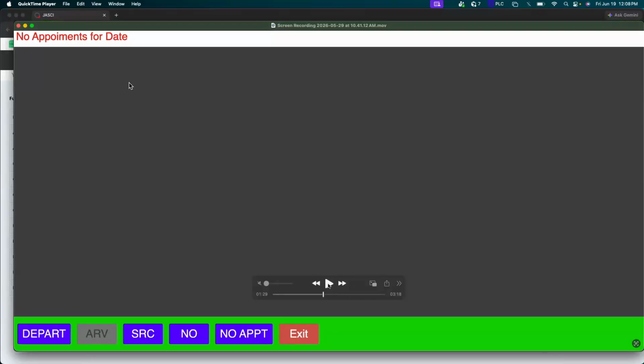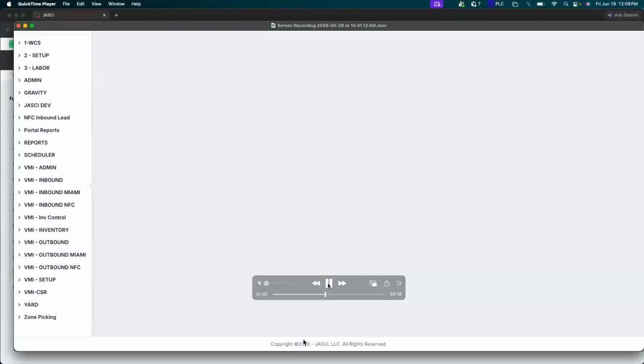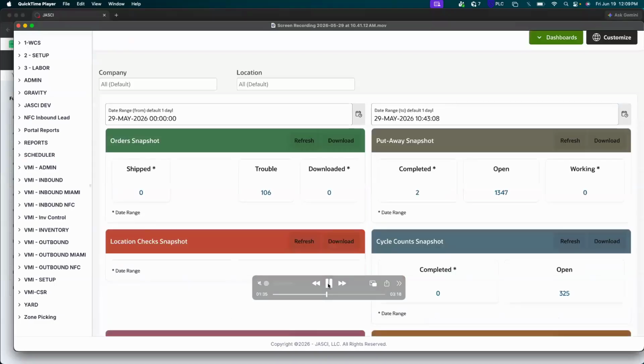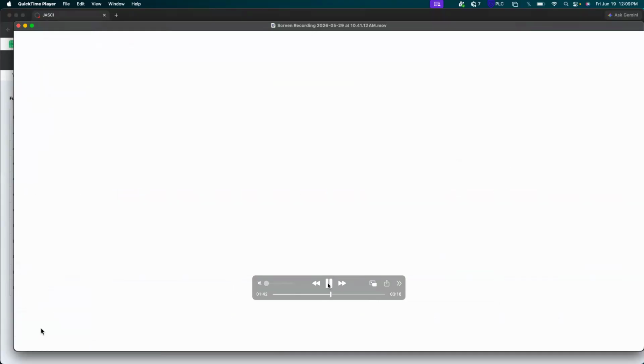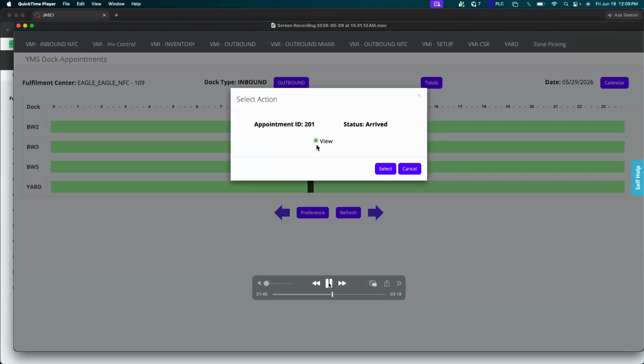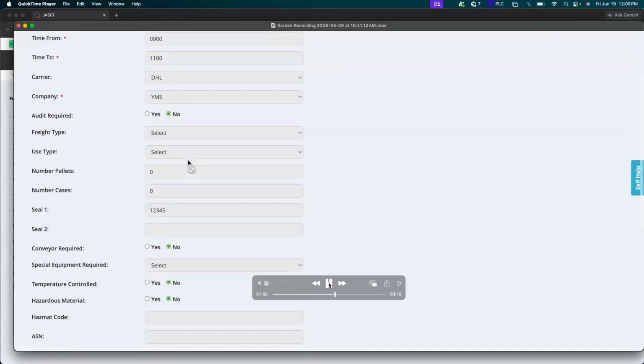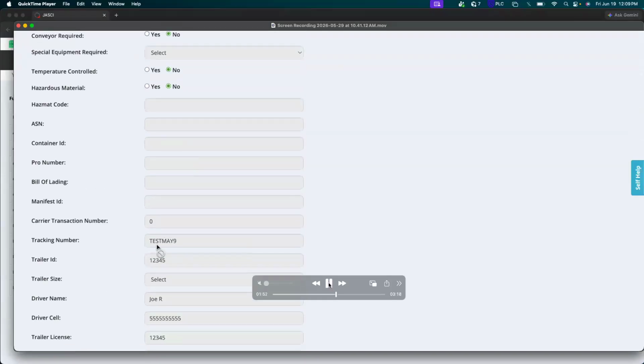So now that we've marked it as arrived, what we're going to do is go back to our full screen, and this time we're going back to our dock appointments. We can see that now that we've marked it as arrived, it's showing as pink, so its color changes based on status, and we can view any of those details that we just confirmed. So in here, I'm actually going to copy the tracking number